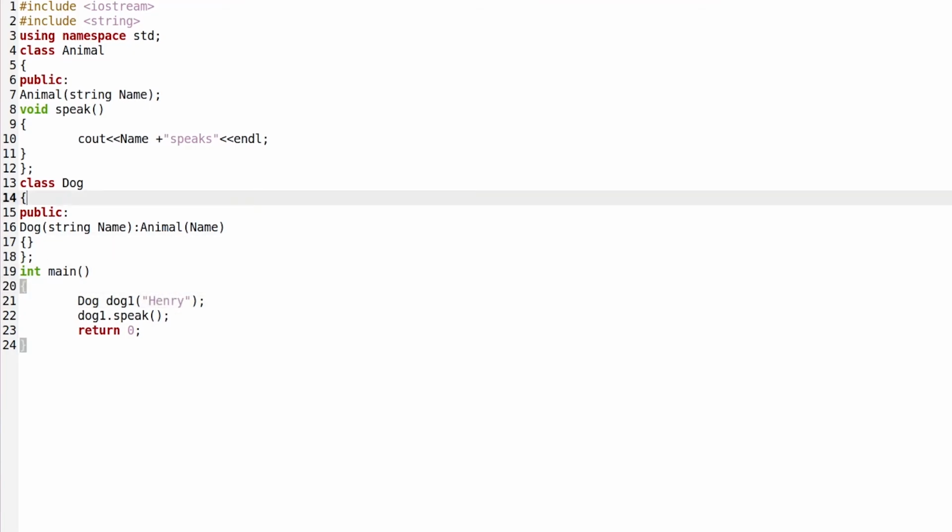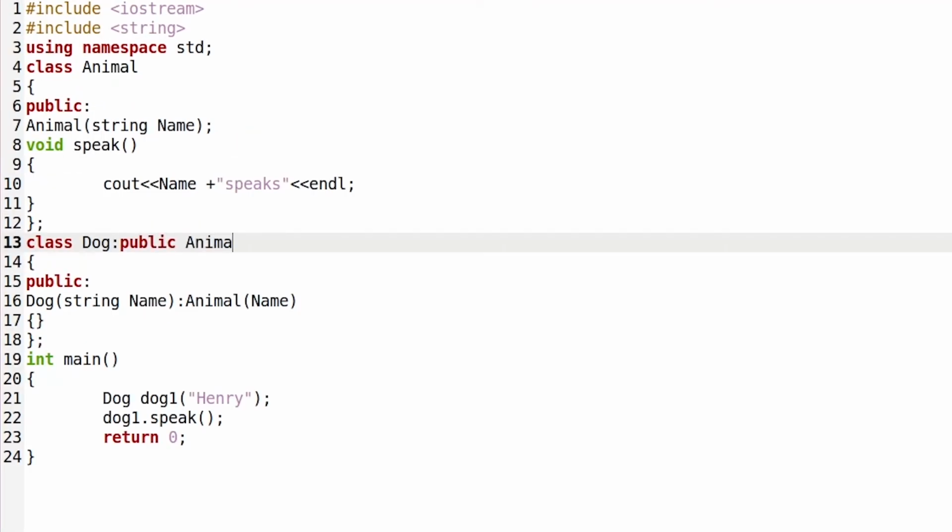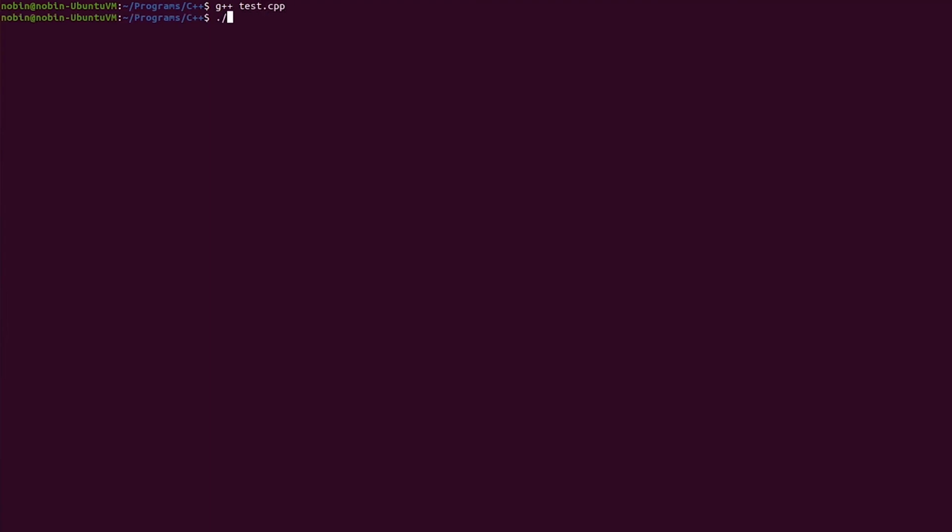And we also have to add back the inheritance. You can see it says Henry speaks instead of animal speaks because Henry is a parameter that we passed to the base class